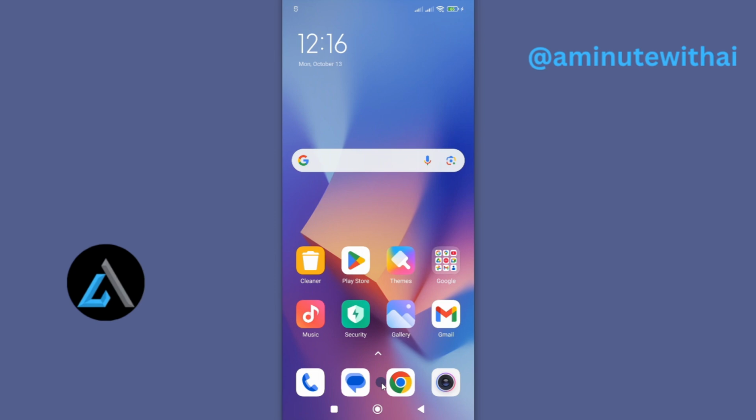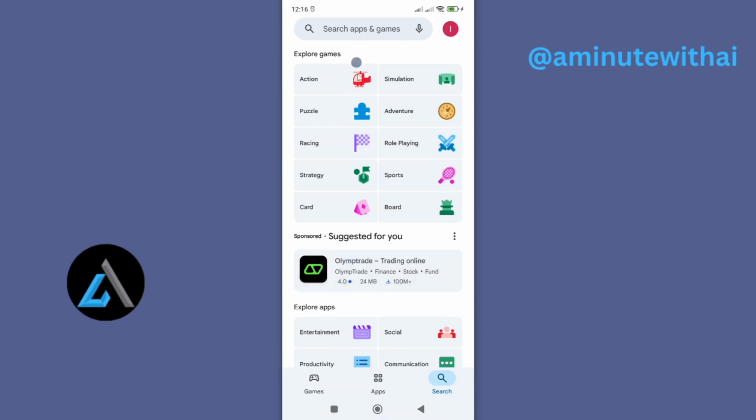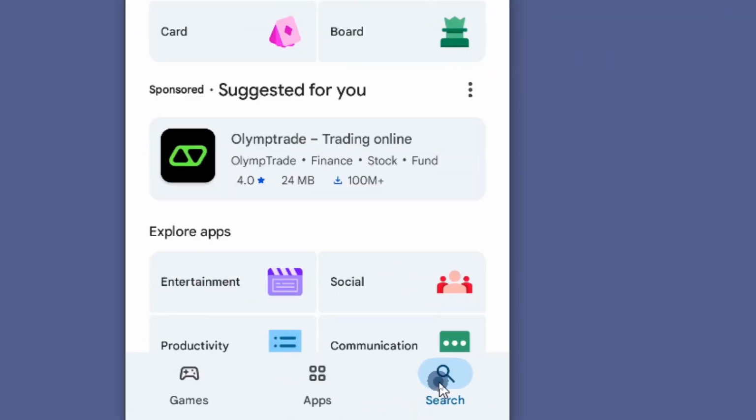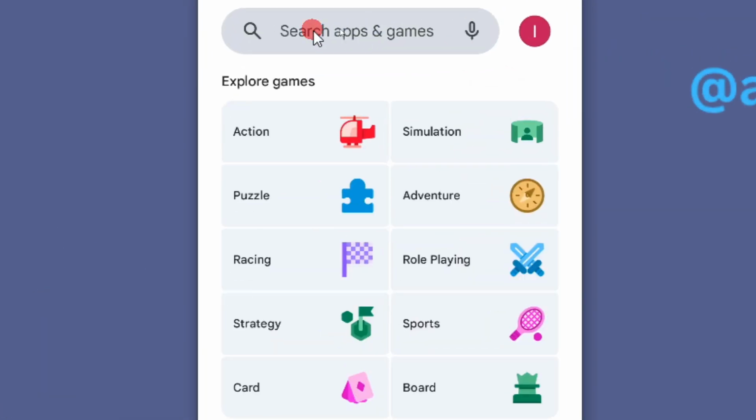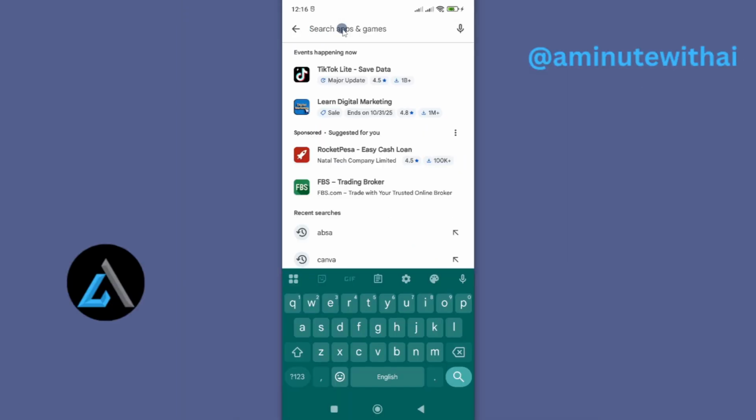Alright, so if you want to download and install Absa mobile banking app on your Android smartphone, it's pretty simple. Just head over to your Android smartphone and go to Google Play Store. From here, go ahead and tap on search icon here, and then using the search option here, just type in